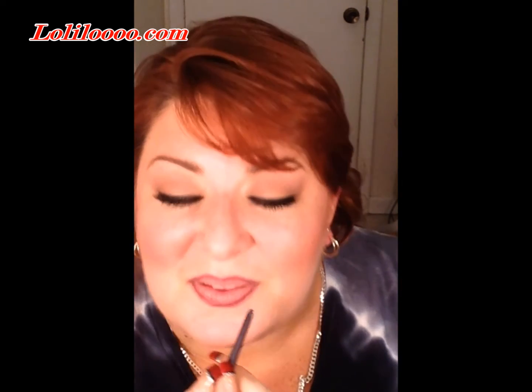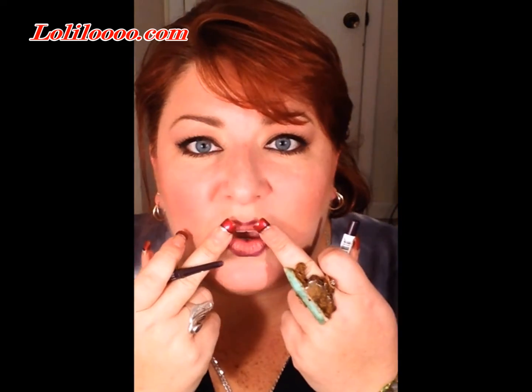You can't really talk while you're doing this. Okay. Now, I'm not going to be doing like a full ombre effect or anything, but I am going to make sure that it's outlined with this purple. And then I'm going to make it a little bit darker here and a little bit darker here. So when I put on the gloss, you'll see